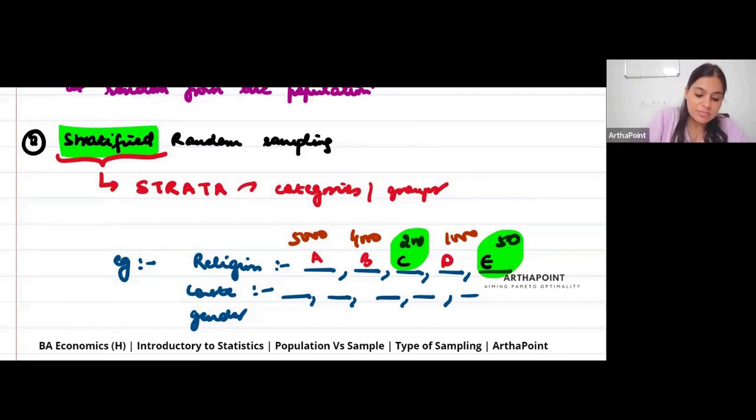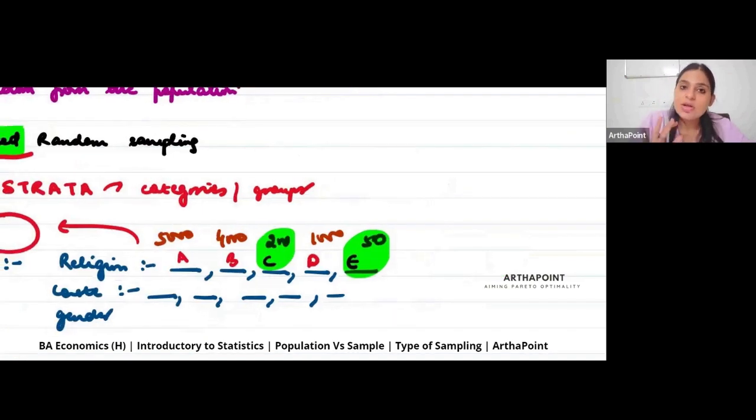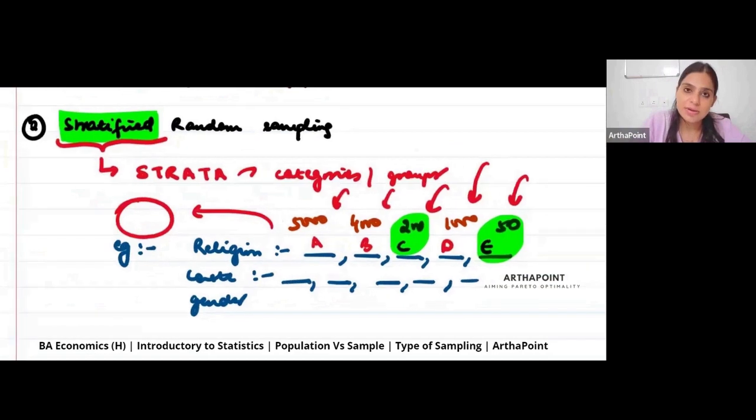Maybe when I make a sample from this, not even a single person from religion E got selected. But the moment I do stratified random sampling, I'm saying, look, you choose randomly from E, choose randomly from D, from C, from B, from A, but each of the strata must be represented in the sample. That is called stratified random sampling. Fine. Now, let us go ahead and talk about describe